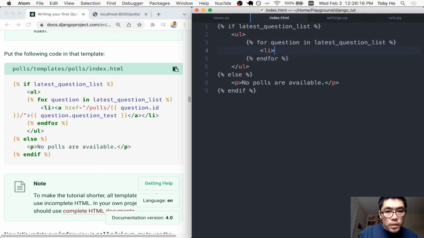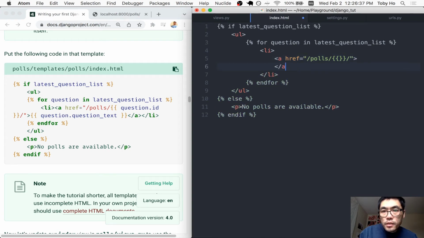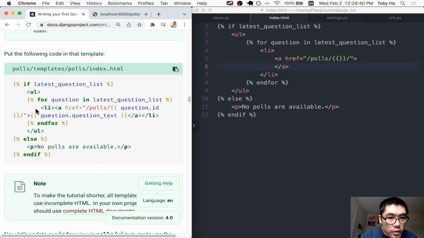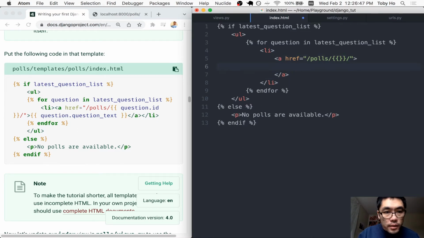We're gonna make a list item, an li, and then within the li we'll make an anchor tag. It's going to go here, and this is a variable substitute. I'm gonna make it nice and indented, in contrast to how it was, because I am using a smaller line width in my text editor. Okay, question